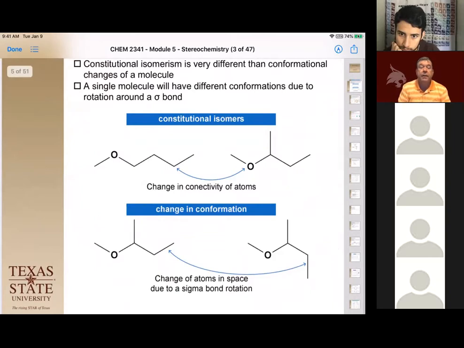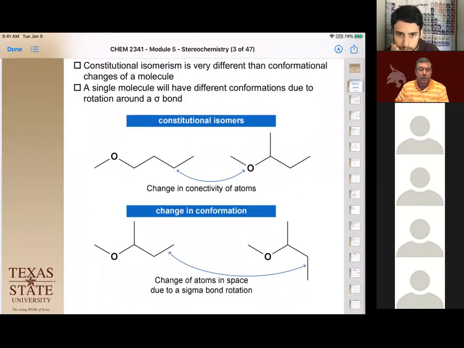So this could be done in any way. We can change where an oxygen substituent is. We can branch the alkyl chain. We can do any of these types of chains as long as we are... okay. Now, in the case of constitutional isomers, that's different than the